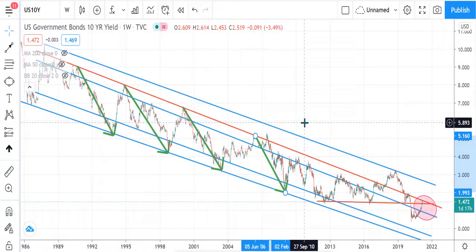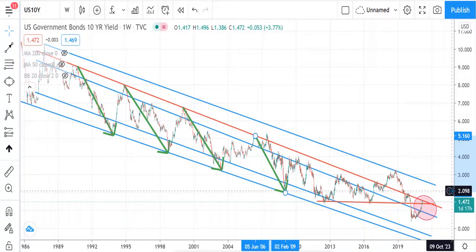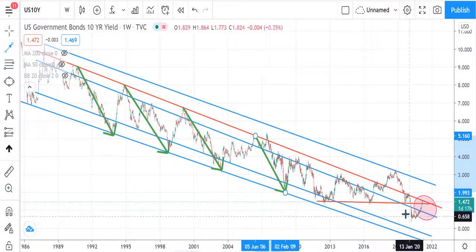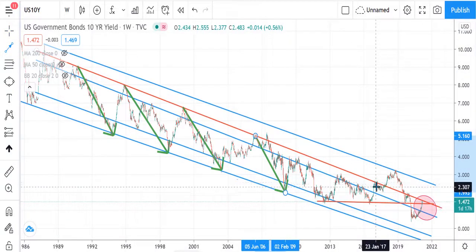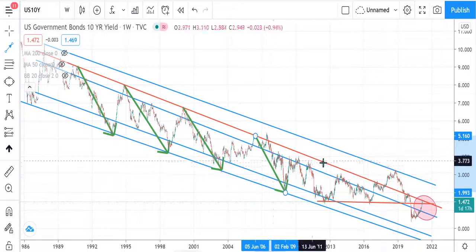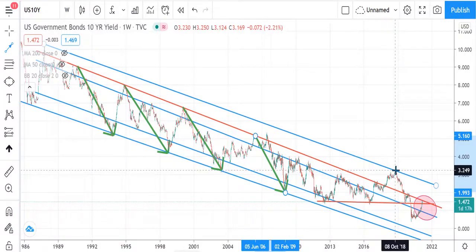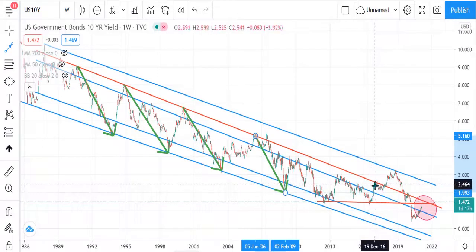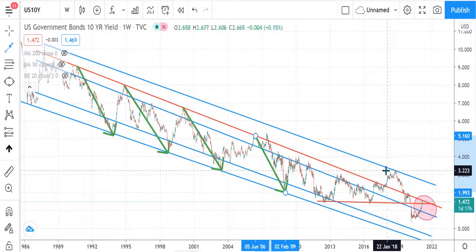And also, the exception is toward these two lines. So these two lines are kind of an exception. After it touched this particular line, it did not go down, but in fact it went further up. Then it touches the topmost boundary, and by right, if you follow the sequence of the past, when it touches the resistance, usually it touches the second layer resistance and then goes all the way down. But this time, around this area, when it touched the second layer resistance, it did not really go down, it went up. Then it touches the first layer resistance.